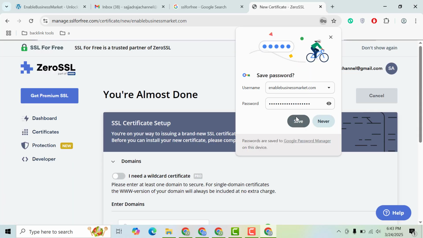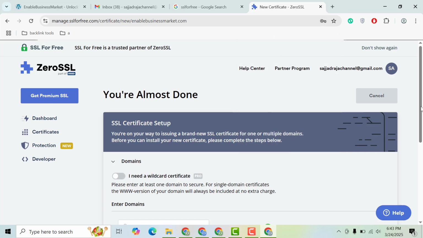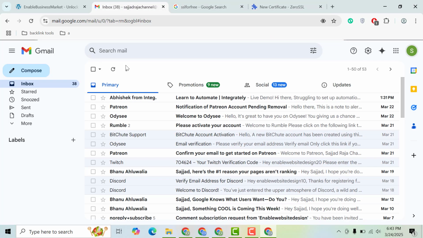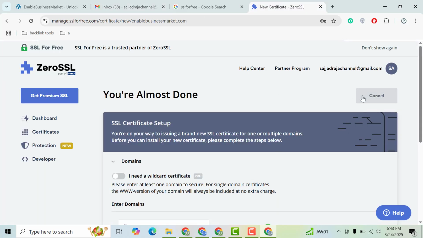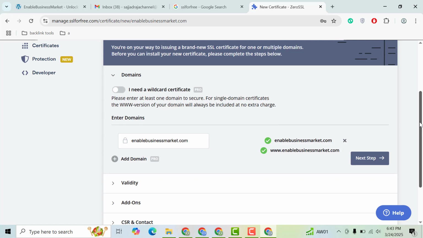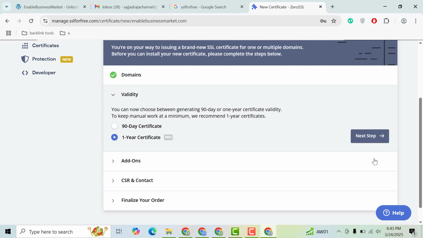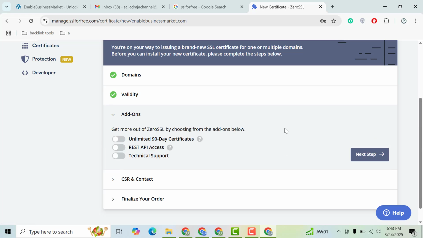So guys, here you can see account is created. Scroll down and here you can check email verification link. If you get that, so now click here next step, and here you can get 90 days free SSL certificate. And if you want to get SSL for 1 year, then you need to upgrade your subscription. So just I need to select 90-day certificate, then click here next step,